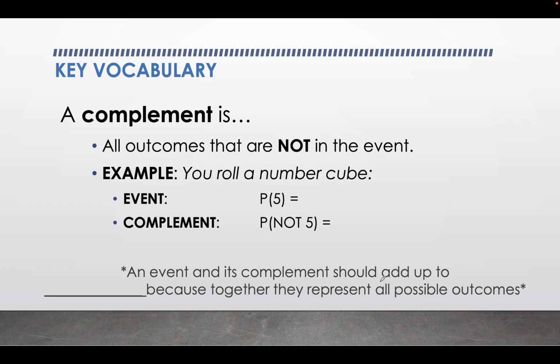One last thing we need to discuss when discussing simple probability is what a complement is. And a complement is all of the outcomes that are not in the event itself. So for example, if you roll a number cube and we want to calculate the probability that you would land on a 5, we know that is 1 out of 6. The complement of that is everything that you roll on a number cube that is not a 5. So that would be 5 options that aren't 5s out of 6. And the way you can determine if something is a complement to the event is if you add them together and you get all 6 out of 6 or 100% of the possible outcomes.